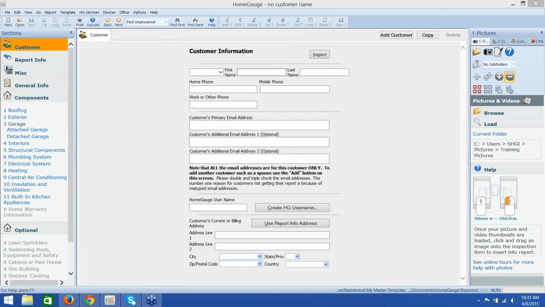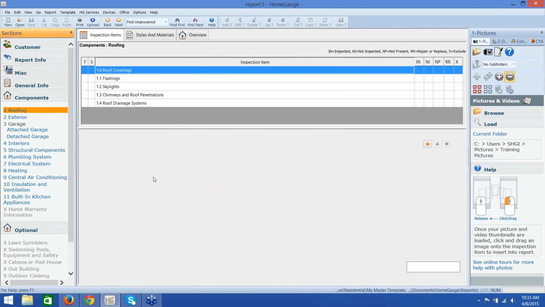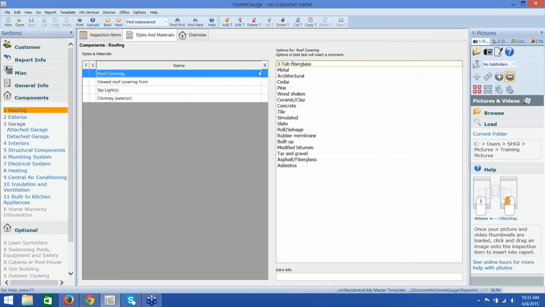A couple other questions. Someone's asking me, how can we change the default type and size in the template? And I have to assume that you're meaning the final product for your customer. There's not a way to do that on the fly. Our template comes in a certain way that the font size is coded in there. You can make the screen bigger for yourself, which is not a template change, meaning if you're having trouble seeing your comments or seeing your styles and materials, you can make those a little bigger on the screen for yourself, but those will not be changes for your